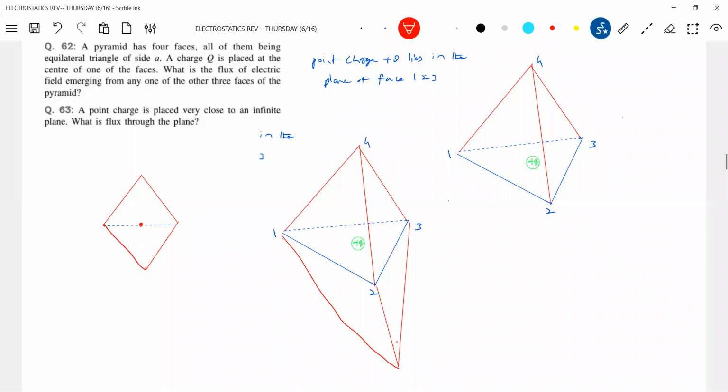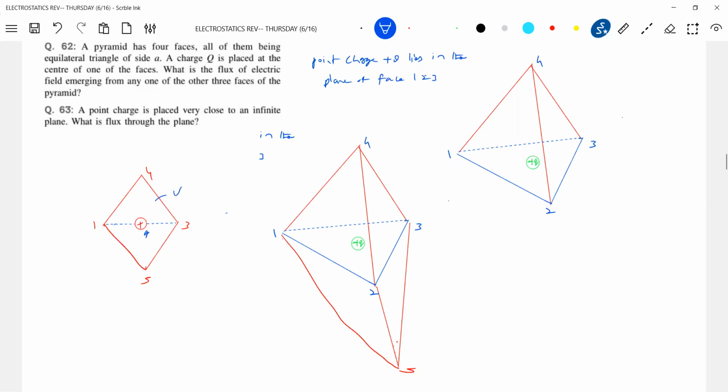So it is here, the point charge is here. So for 4, 1, 3, okay, this is 5. Now it is placed at the center. Half of the flux will link the upper prism, half of the flux will link the lower prism. In the upper half, as the charge is placed at the centroid of the face 1, 2, 3, equally 1/3 of the flux will link each face.